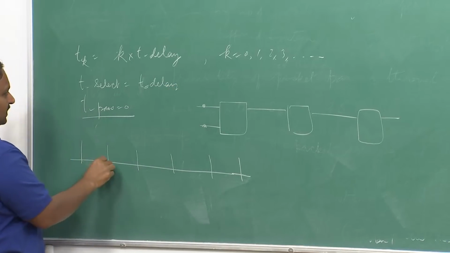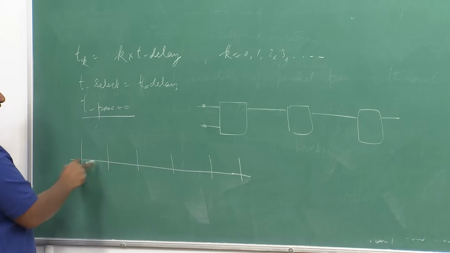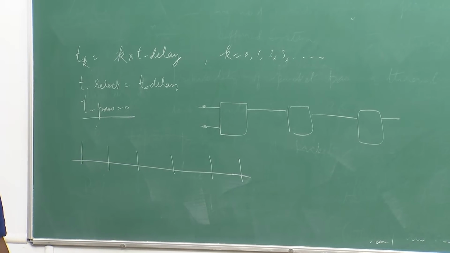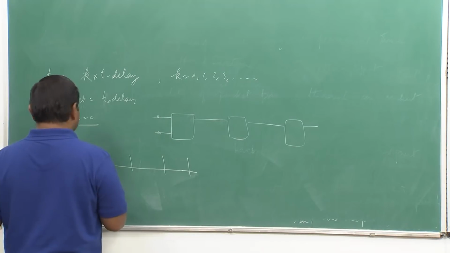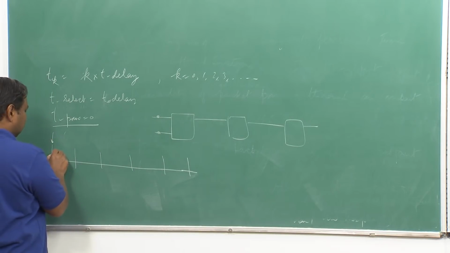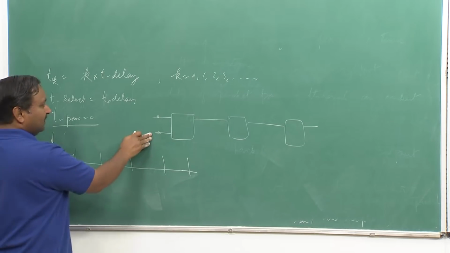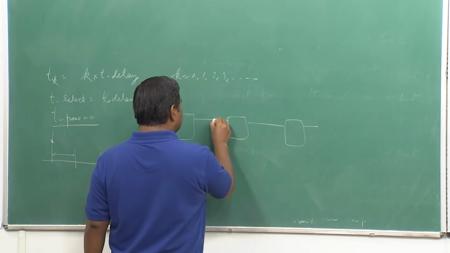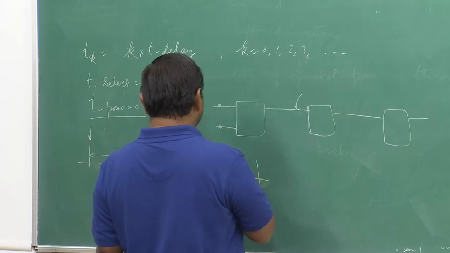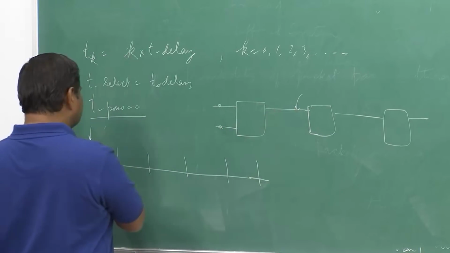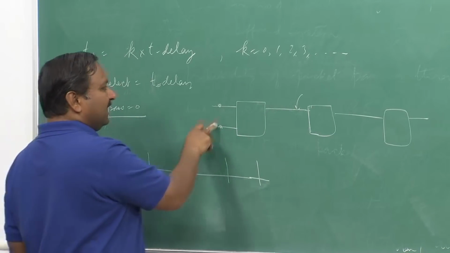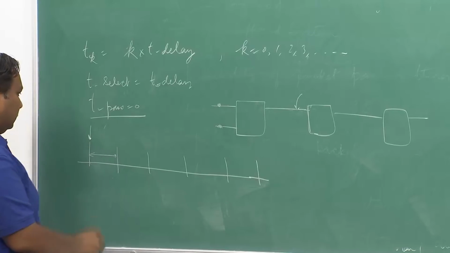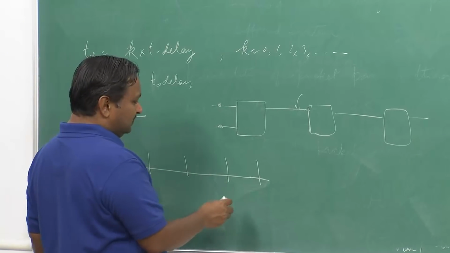And each slot is equal to T delay. So the selection process itself actually takes a complete full slot, and packets are transferred instantaneously. So when both packets actually arrive here, it will take this whole period for the selection to happen. And then the next buffer, which is available here for this switch, only one of the packets can be pushed out almost instantaneously at this point. But the packet has to be held up here because again it has to go through a T selection process. So what will happen in the next step is,